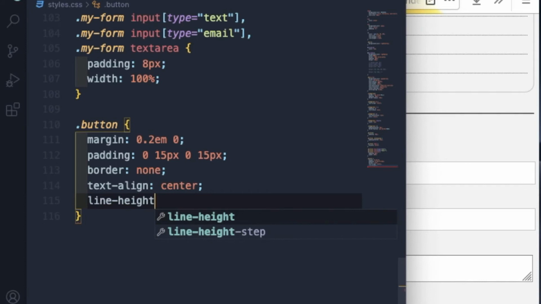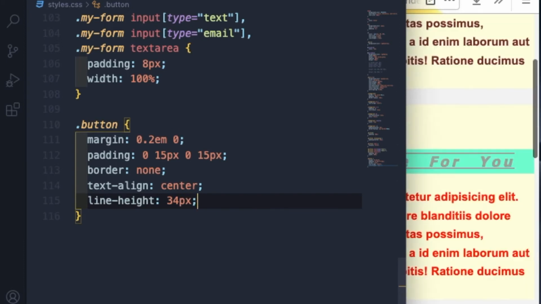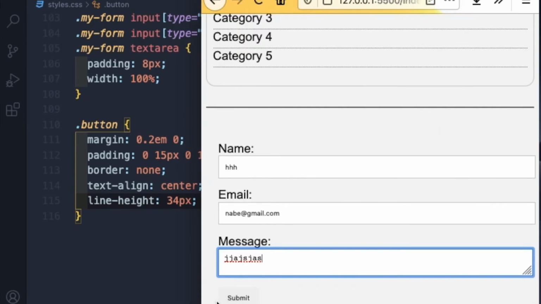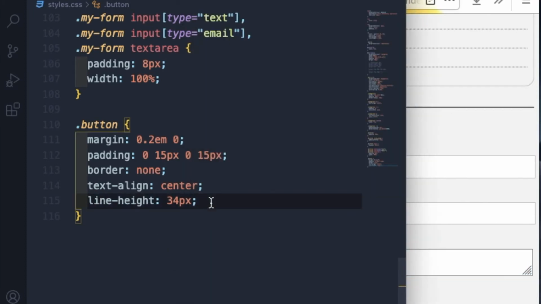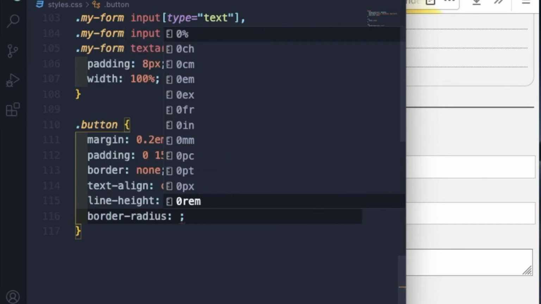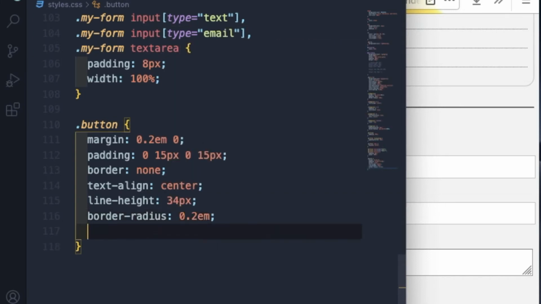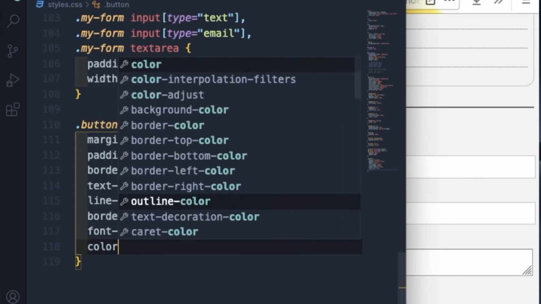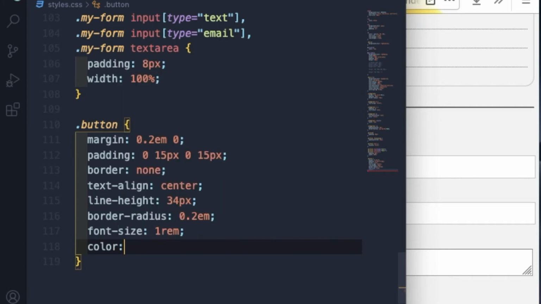line height is 34 pixel. I've saved it. Yeah, it is doing it because the border had gone. Border radius 0.2 em, font size 1 rem, color will be white,